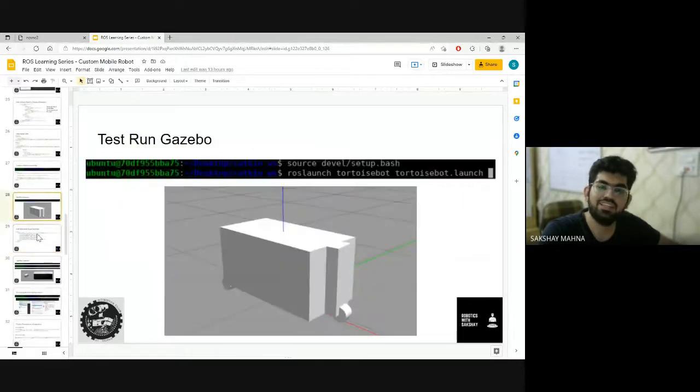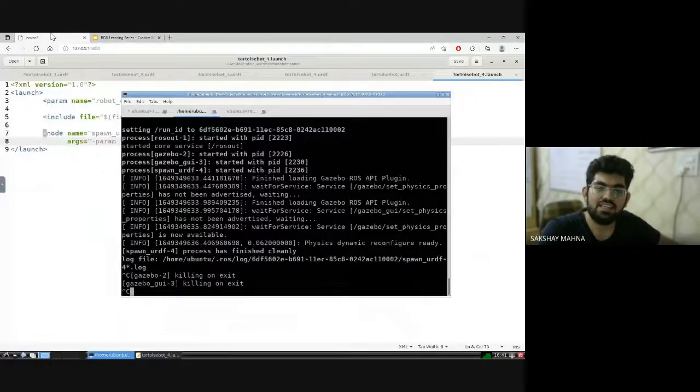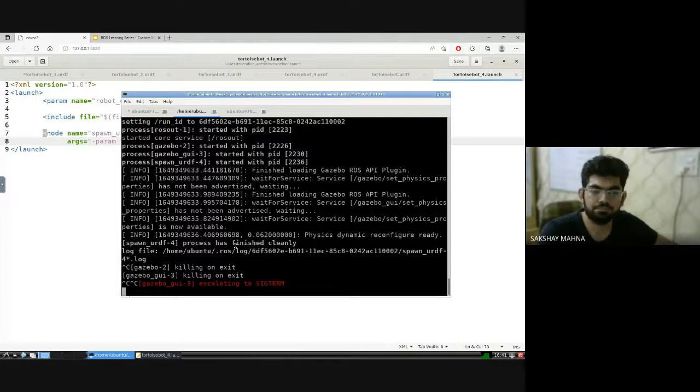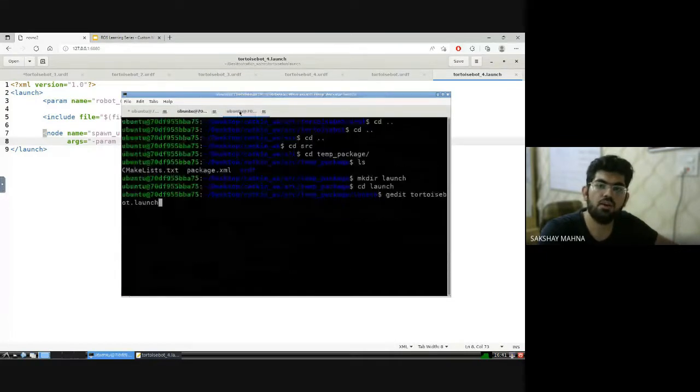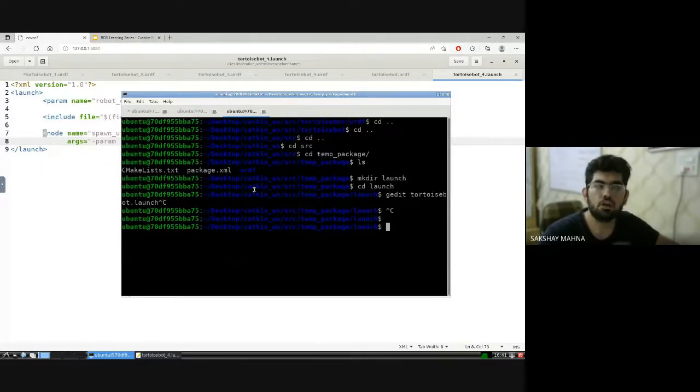Okay. All right. Now this is the part that we had for the complete physical description of the robot. Now it's time to move the robot as well. To move the robot, we are going to move our robot using the keyboard that we did in the first session as well. In order to enable that keyboard